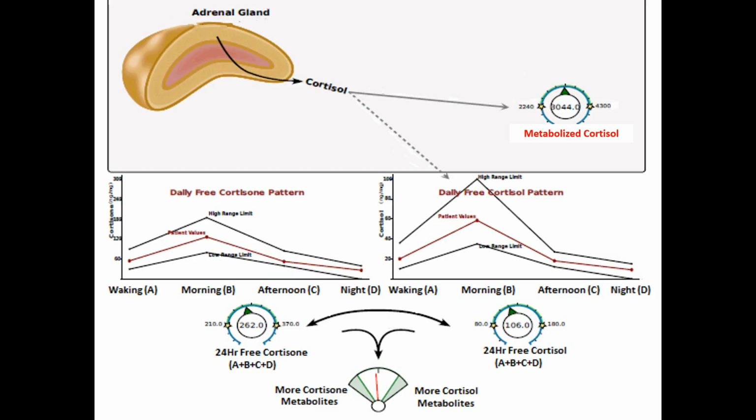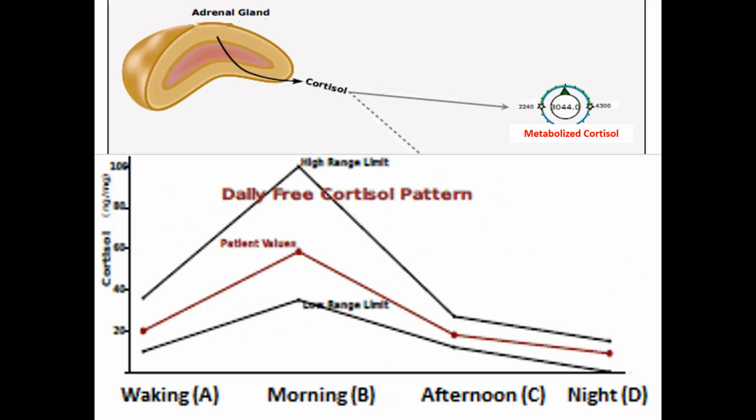When we're looking at all of the data that we have for cortisol, the primary bit of information that we want to look at is the free cortisol pattern. Firstly, we've got 4 different measurements. We've got the waking cortisol, which tells you the cortisol exposure during the nighttime, and then those first 2 hours of the day where the cortisol's usually hopping up quite a bit. That's that morning sample, 2 hours after waking. Then there's another one around dinner time, which tells you the late afternoon cortisol, and then one around bedtime, which